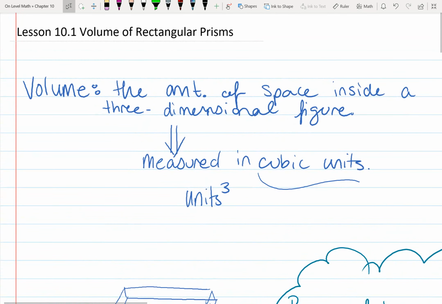First is that we're starting a brand new chapter, so lesson 10.1, volume of rectangular prisms. And for chapter 10, you may use a calculator to solve any of your side work. So if you don't already have a calculator near you, pause the video, go ahead and get one. I will be working with a calculator throughout the video, and you may use it on your homework and on